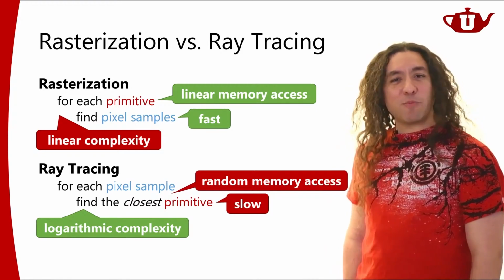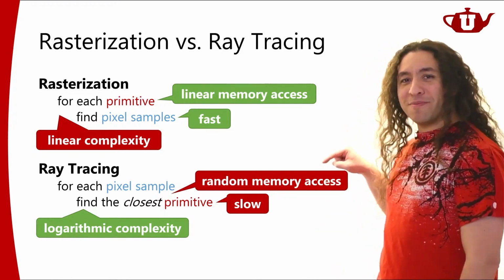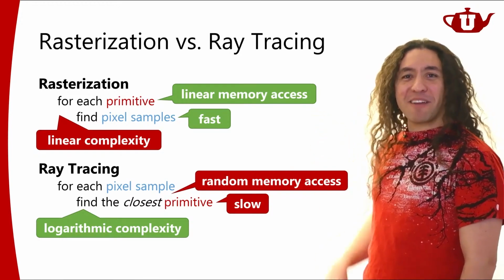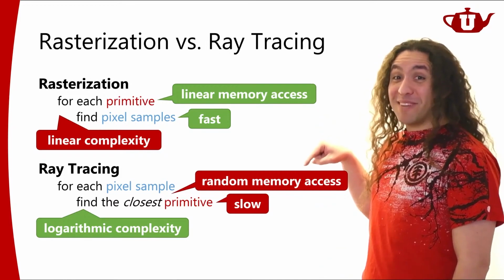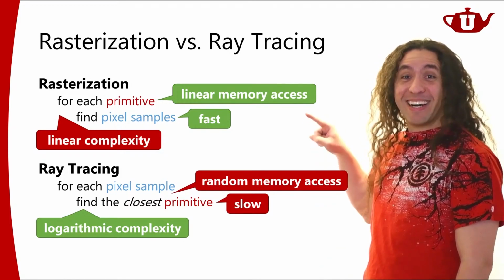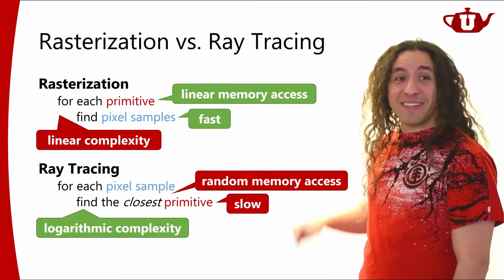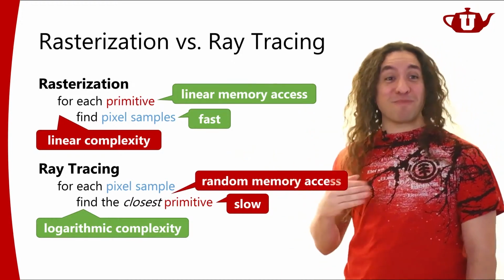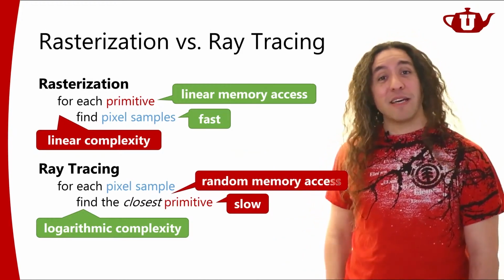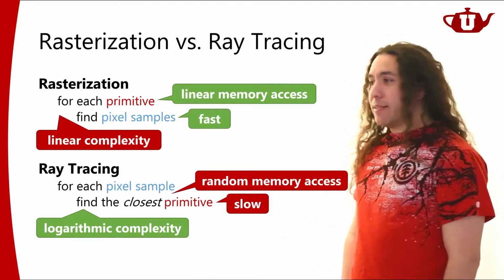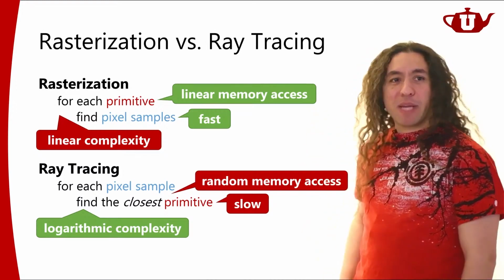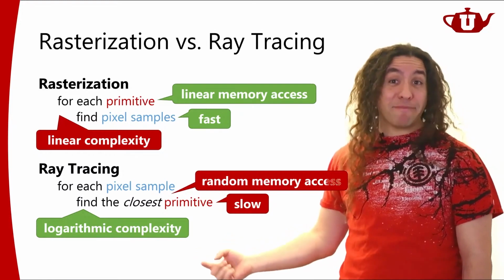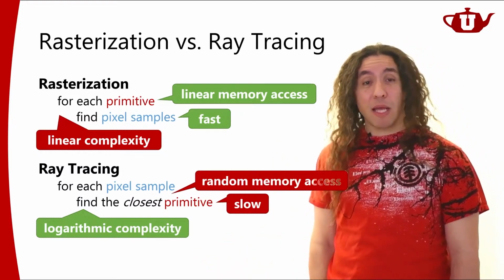Turns out in practice, there's also this issue: random memory accesses versus linear memory accesses. When you have a very, very large scene, this becomes very bad, and this becomes much, much better. So even in large scenes, ray tracing struggles to catch up with rasterization because memory accesses become a big problem in that case. So this logarithmic complexity, in theory, is not helping us so much.